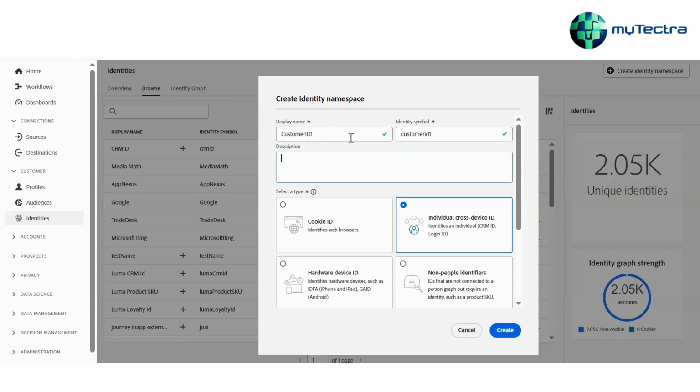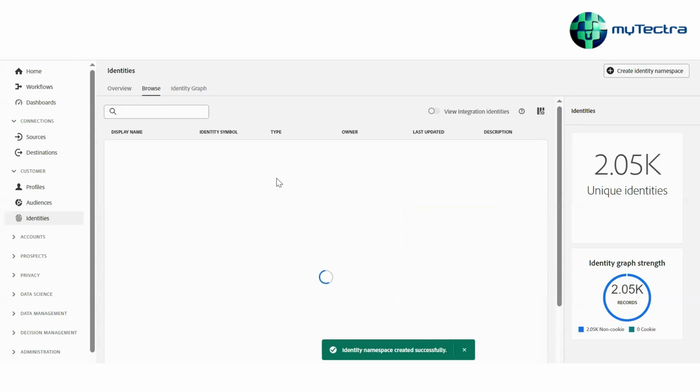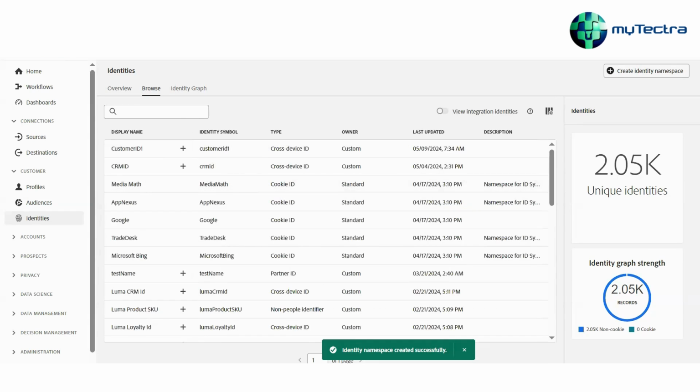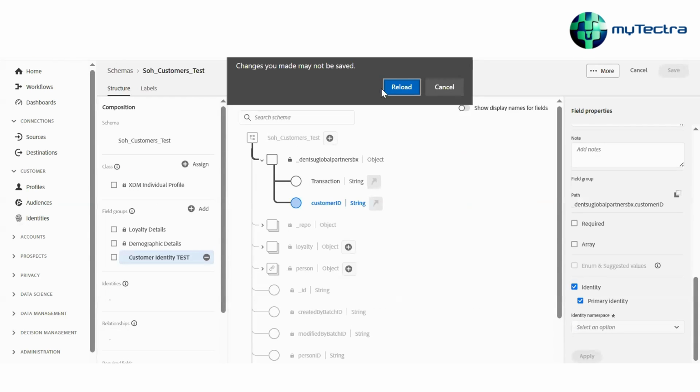Similarly, for example, another schema belongs to the same implementation. If it's customer ID, I'll mark it to this and place it. For example, if I create it, so it is created. So I can use this identity in the particular schemas. For example, this is a schema. So I need to refresh it because something was changed. It never updates automatically if you don't refresh the link. So when you open the schema,